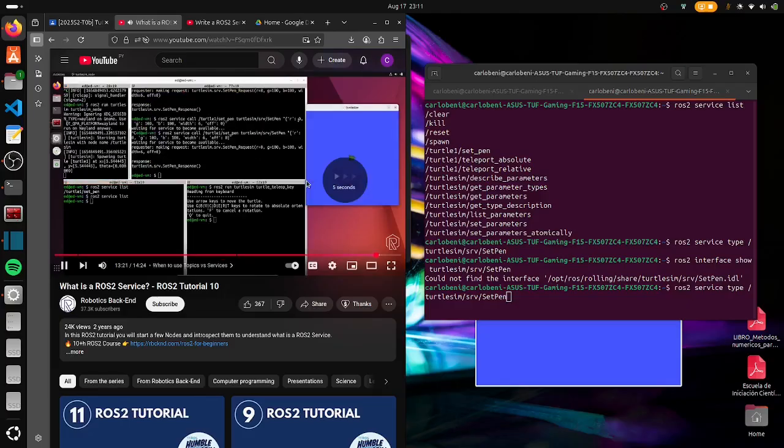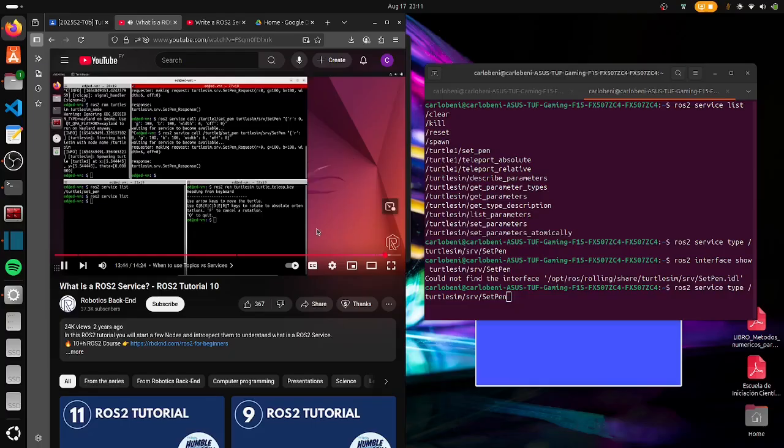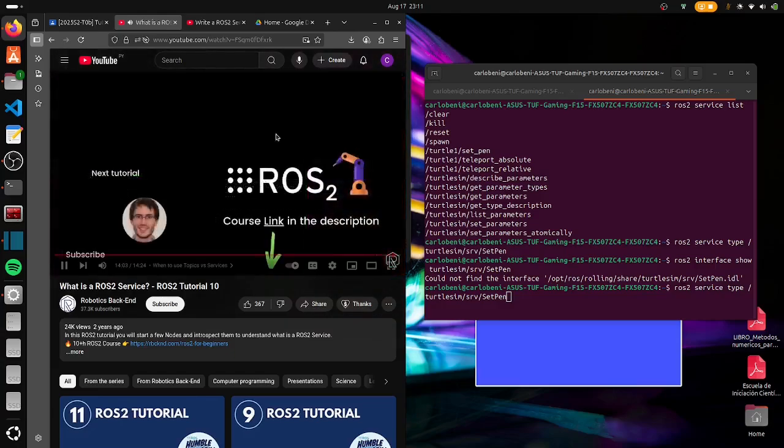If you send some data streams without expecting an answer, just sending some data, for example sensor data or command velocity data, this kind of data stream will be handled by topics. But when you need to make some interaction where you're going to, for example, compute something or change a setting and you also expect an answer, then you are going to use services. All right, that's the end of this